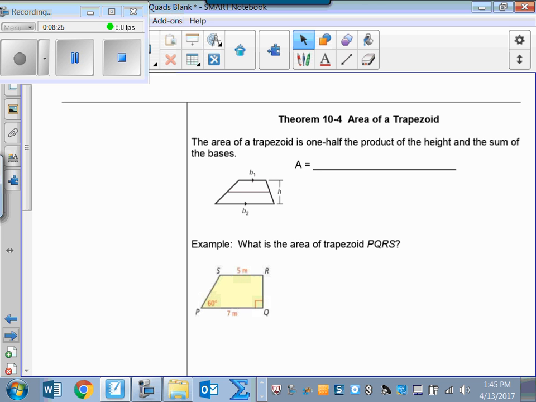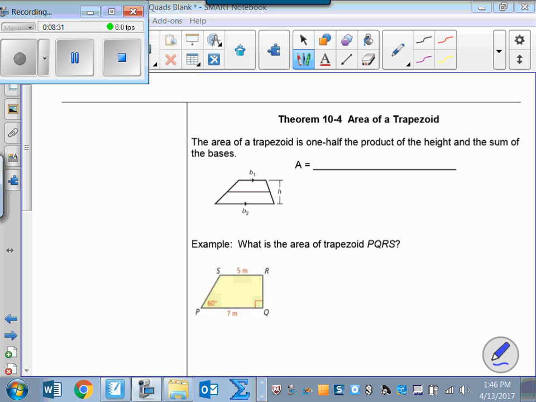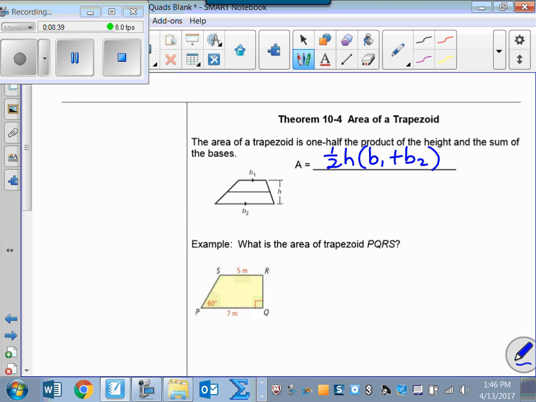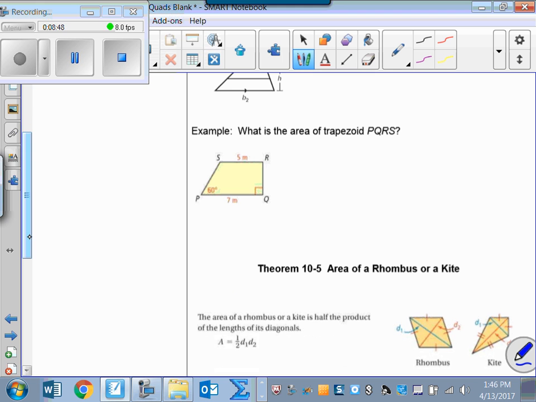Area of a trapezoid. Formula for finding the area of a trapezoid. I'm going to take 1/2, multiply it by the height, and then multiply that by the sum of the bases. All right, and of course the bases are the two sides of the trapezoid that are parallel to one another. So here's an example to show you how that works. What is the area of this trapezoid